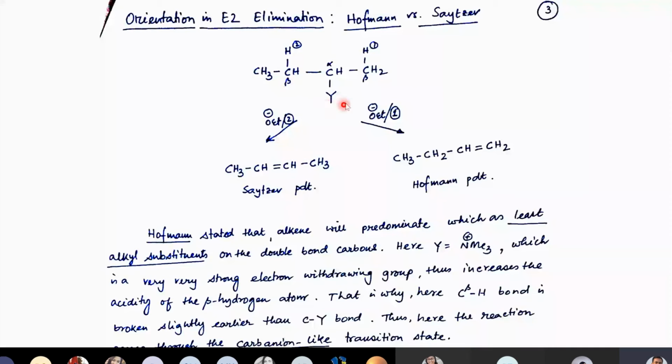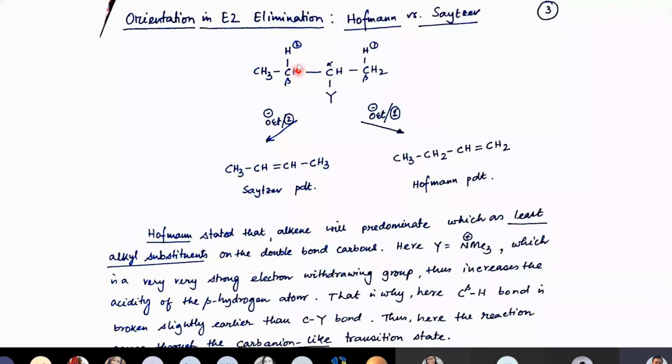So you have the alpha carbon here where your leaving group is attached. You have one beta carbon which is less substituted, with hydrogen and fewer other carbons. So this is your beta hydrogen, and this is one of the protons that could be abstracted. This is one beta carbon, and this is your second beta carbon which is more substituted. So now if you use a base, which one will be picked up? It could pick up this proton.